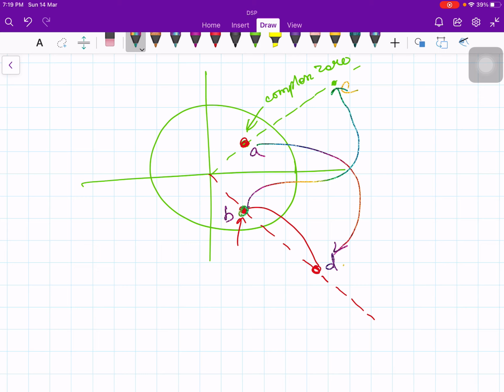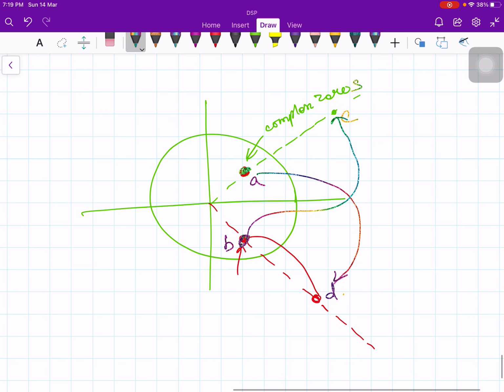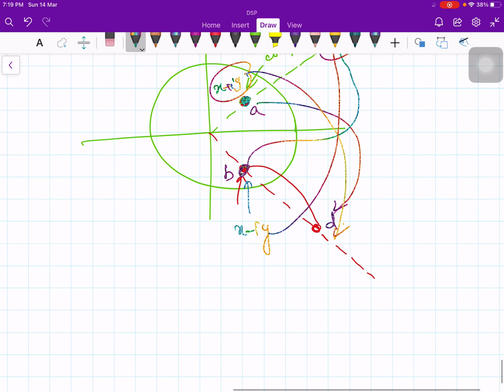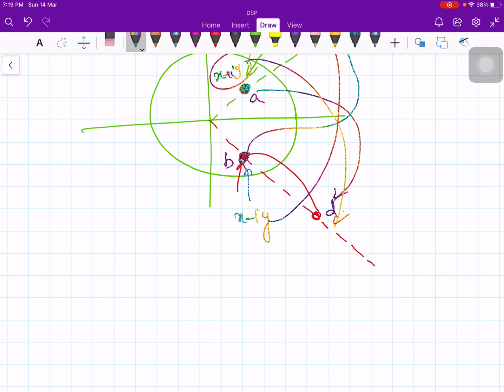If there is a complex 0, then the complex zeros are not purely imaginary. So I have taken complex zeros, and the complex zeros always occur in pair. So this is, let's say, x plus iy, and then this guy is going to be x minus iy. So the reciprocal of x plus iy is this one, x minus iy is this one. Therefore they occur in groups of 4. Why groups of 4?